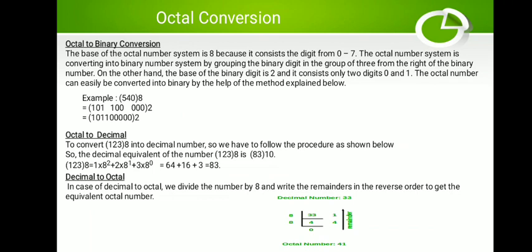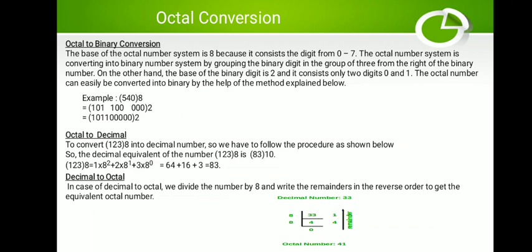The next conversion is octal to decimal number. The same way as we have seen binary to decimal. We know that when we represent any equivalent decimal number, we represent it in the form of units, tens, hundreds place and so on. So what was the procedure there? We multiply each digit, starting from the right and moving towards the left for an integer number, with its power of the base. So here, what is the base?